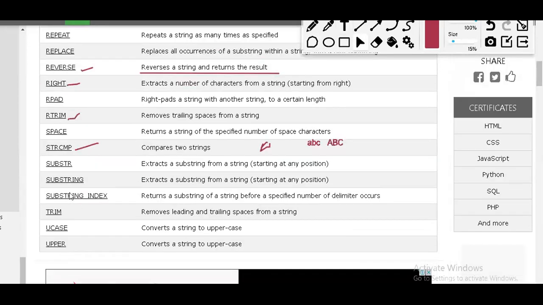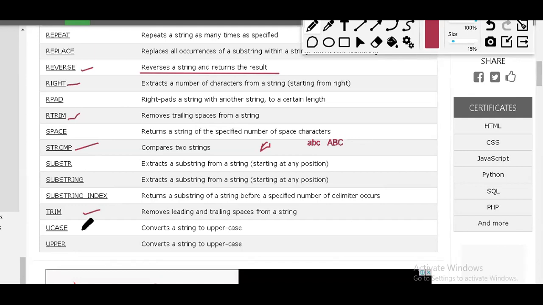Then we have something called trim. Trim removes the spaces in the entire word, at the left side and at the right side. If you say only left side, ltrim; only right side, rtrim, if you have leading spaces, remove them. But if in the entire paragraph or word a lot of spaces have been given except one, then from the left-hand side, right-hand side, and the middle, wherever it finds extra spaces other than a single space, everything will be removed using the trim option.